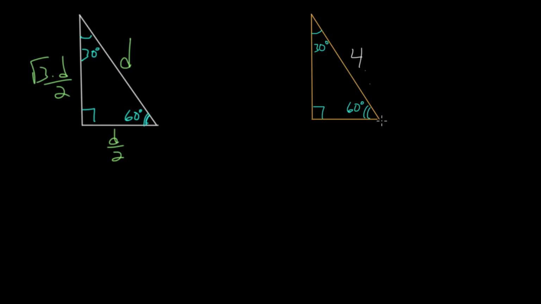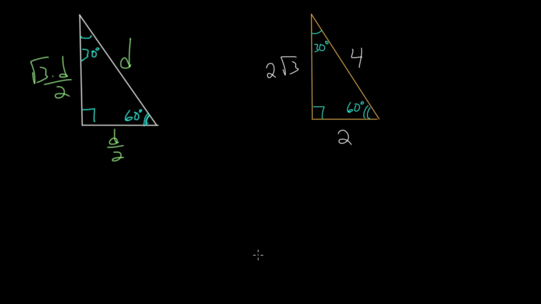But since this is half an equilateral triangle, we know the short side is exactly half the hypotenuse. And from here, if you want, you can use the Pythagorean theorem, or you can remember that the short side is multiplied by the square root of 3 to find the middle side length, the one that's opposite that 60-degree angle. So this is a common scenario where it's helpful to know the relationship of the side lengths in a